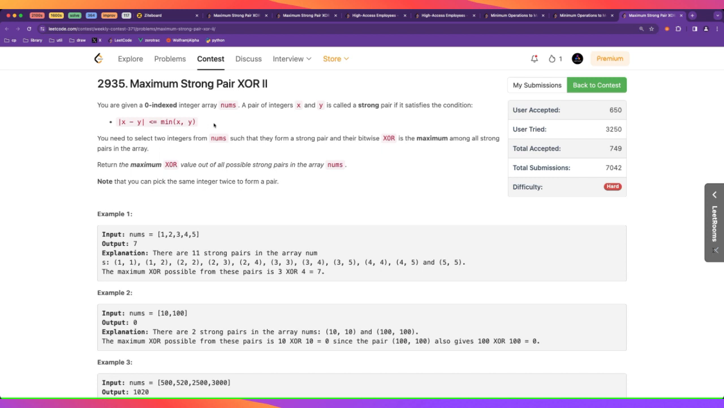But here, notice that the original order doesn't matter, right? Because we are pairing every element, and this does not depend on the index. It just depends on the values. So that means that maybe we can change the order to make this simpler. And if we sort them,